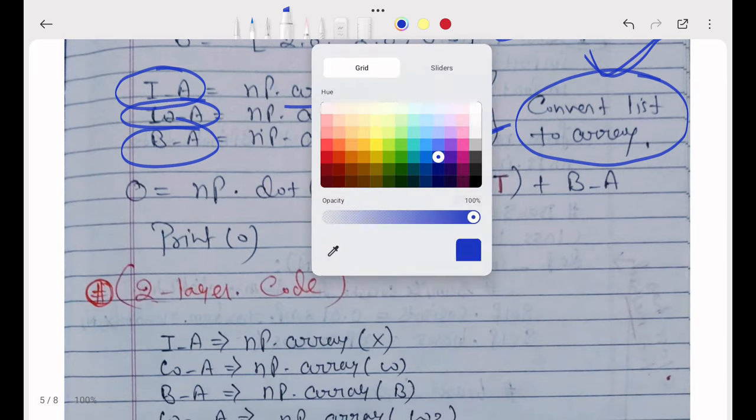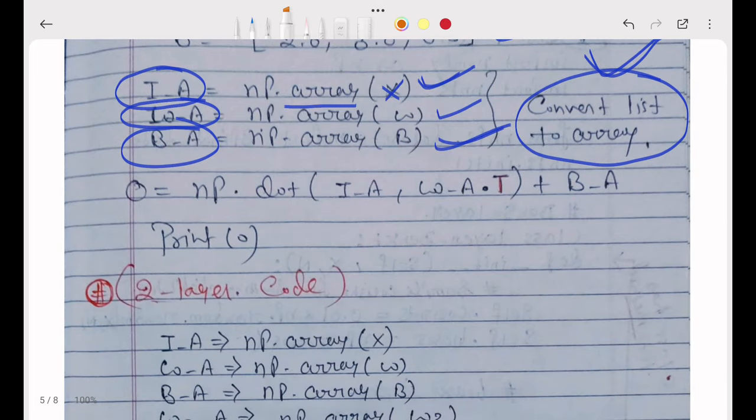At last I will get the output. My output is equal to np.dot of my input x, converted to an array, and this is my weight, converted to an array, and its transpose, and at last this is my bias.